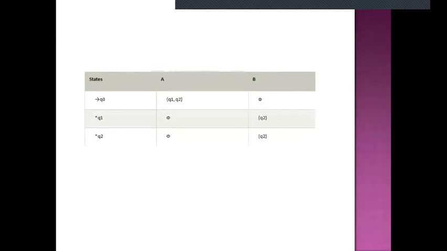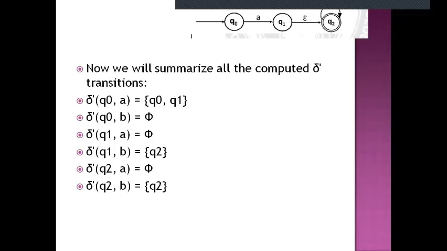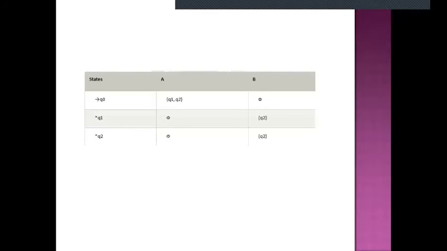Here we are going to take the final states as Q1 and Q2. Why are we taking Q1 and Q2 as final states? Because it contains the movements to the final state of the given question. In the given question, we have Q2 as the final state in the NFA with epsilon. So in the transition, if a state moves to that final state, we can take that state as a final state. So we can take Q1.